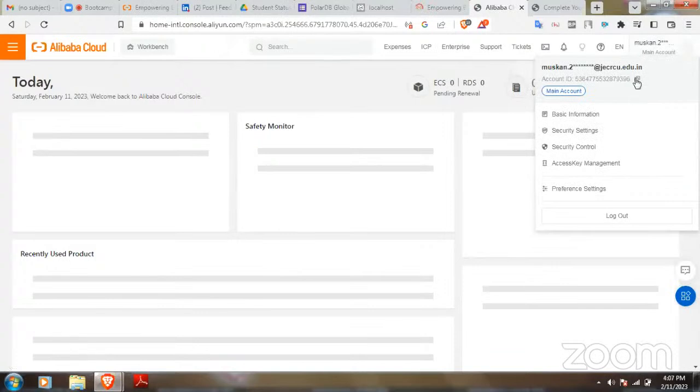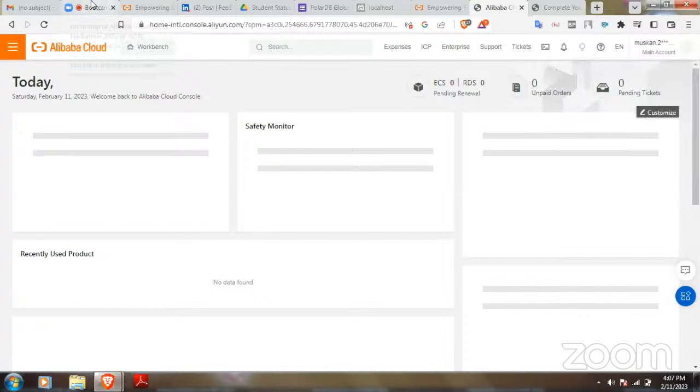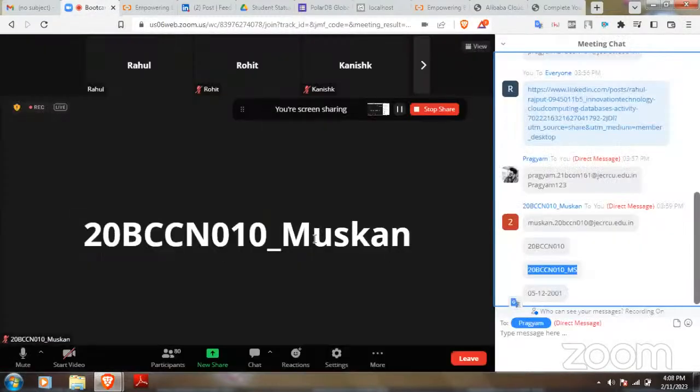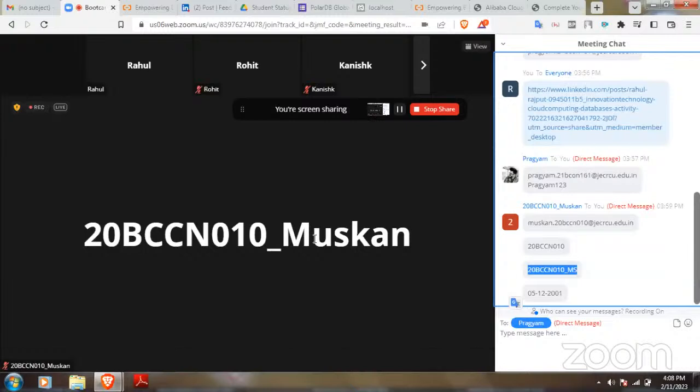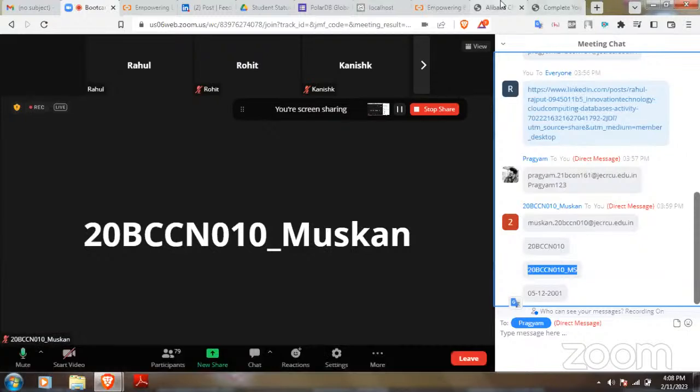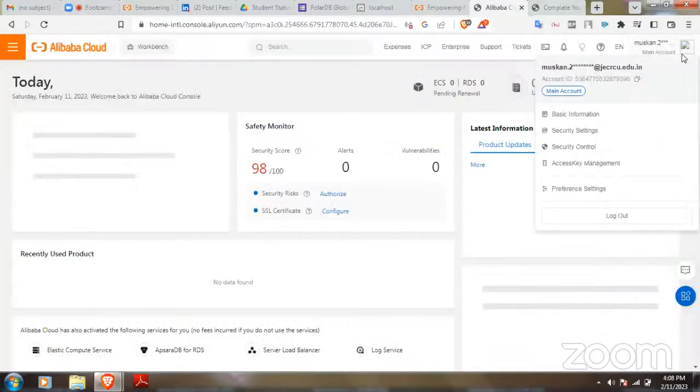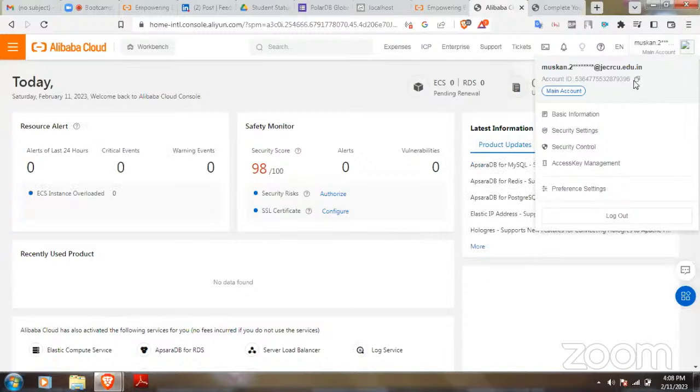Can you see your account ID? This is 12 digits, I guess. This is your account ID, which we are going to need. That's what we are asking you to fill in, so that your student status will be verified by the backend team itself. You don't have to do it manually from your side. If you provide us the details, we just need your account ID, your first name, last name, your date of birth and your ID.